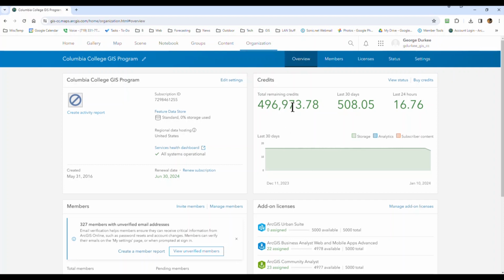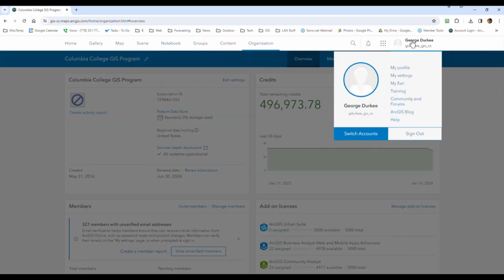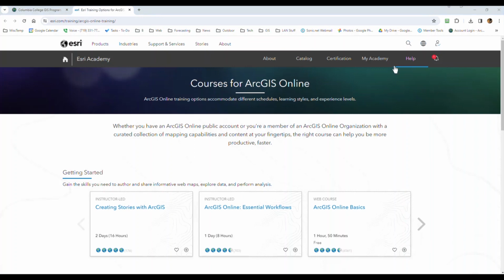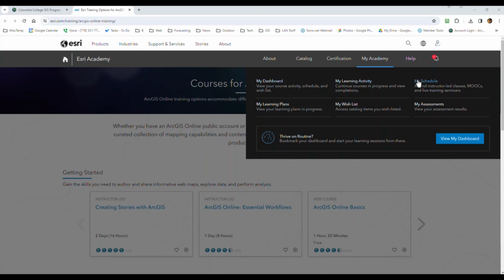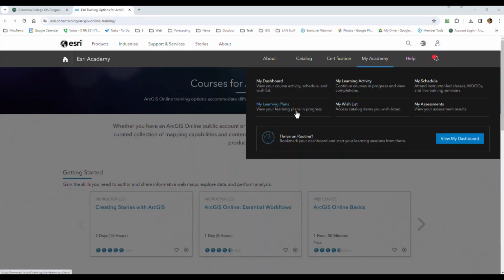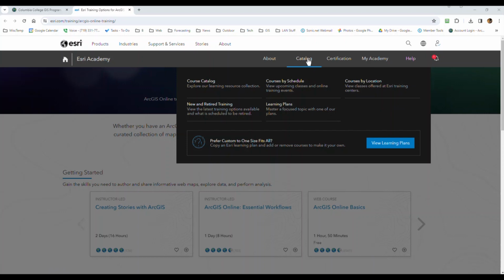Okay, so to access the first two classes, you go up to your name here, to your account, and then you drop down to training, and that'll bring you to your Arc Online dashboard for anything you do as far as coursework or anything goes. And so you'll have My Academy, which is split up into schedule and learning activity and learning plans. And then also we can go to the catalog, which is what we'll do here. We'll go to the course catalog,